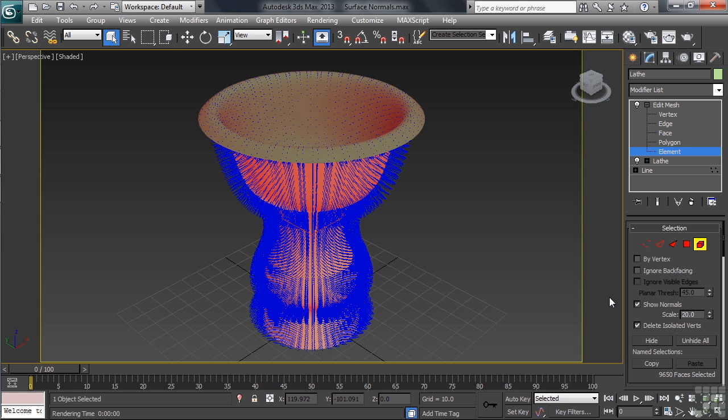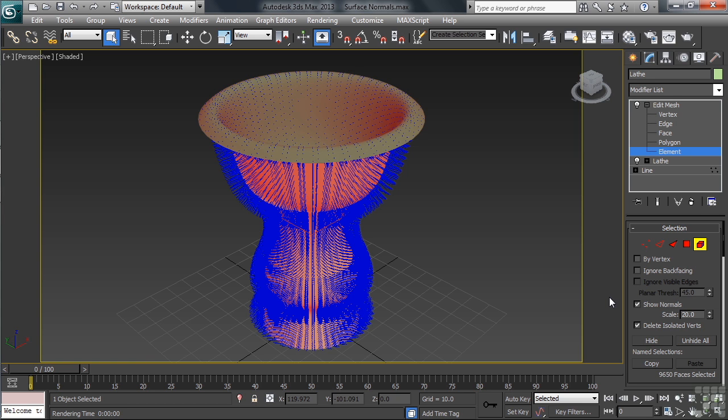The blue lines that you see represent the direction in which each normal on the object points. Every face on a polygonal mesh surface has a normal. The normal determines which side of the face or polygon will be visible when the surface is rendered. In order for you to be able to see a specific face or polygon, that sub-object's normal has to be pointing toward you. If it instead is pointing away from you, you just plain won't be able to see that